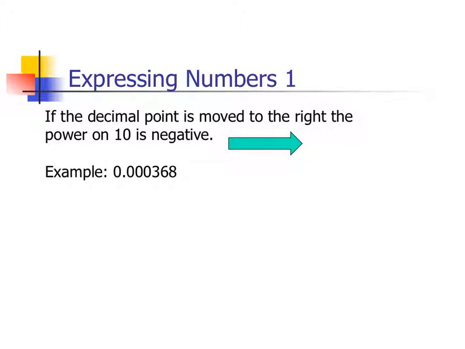And when we move it to the left, that means I'm going to take a small number and make it look big. And so we move again the decimal place 1, 2, 3. In this case, 4. And now we don't put it between the 6 and the 8. We put it between the 3 and the 6 because the 3 is a number between 1 and 9. And when I rewrite this, I can get rid of all those zeros, and then that's going to mean something to us in the next chapter. As we continue,